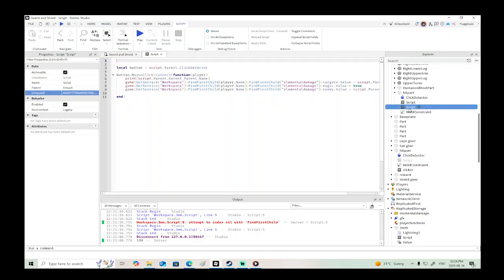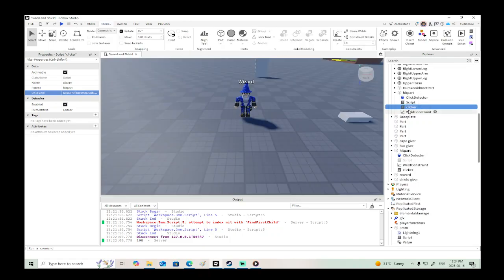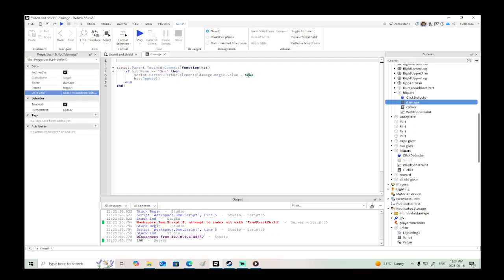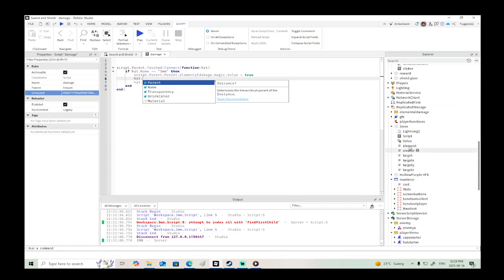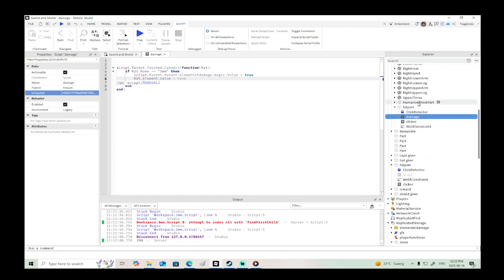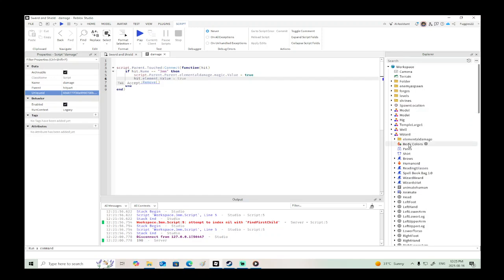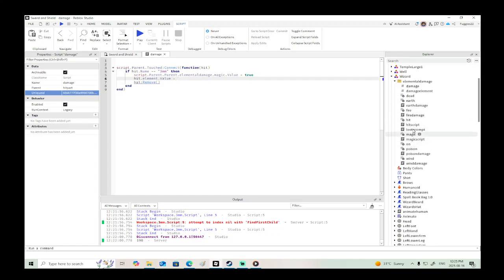on the zombie. Alright, so this is the clicker, and then this is damage. Alright, we also want to say hit.element.value equals, and then in the elemental damage script, which we're using for our NPCs,